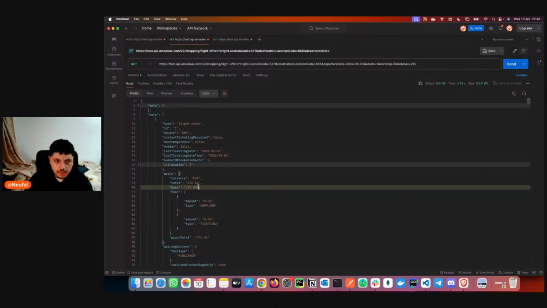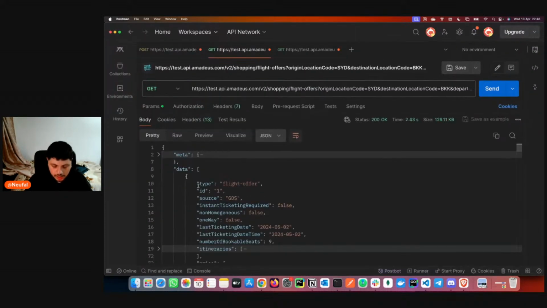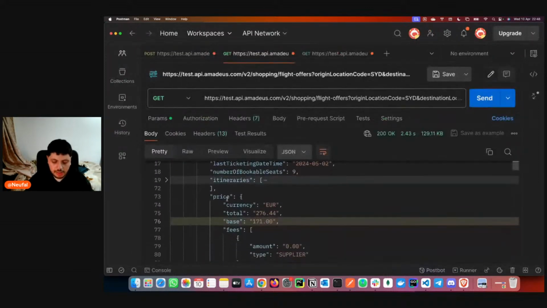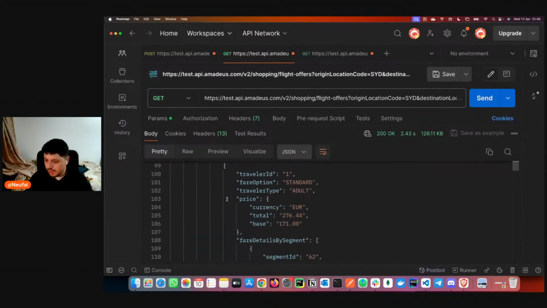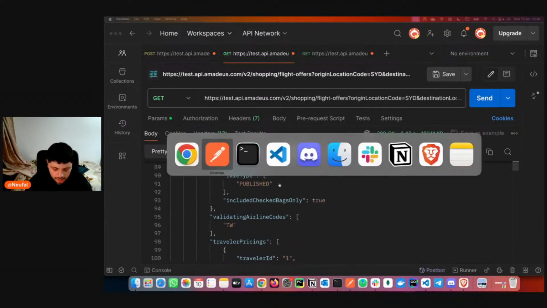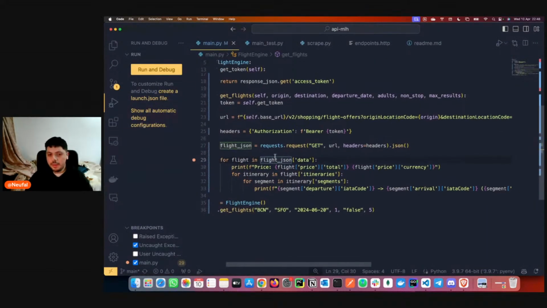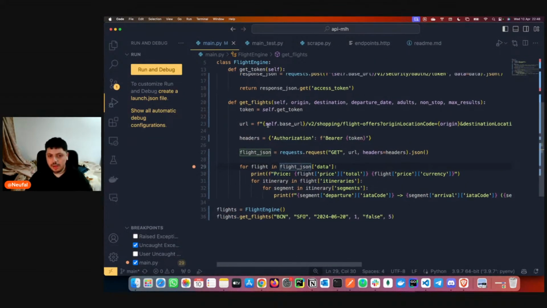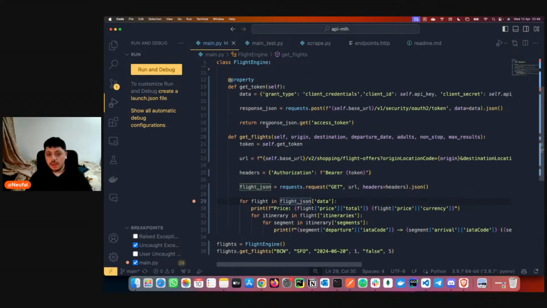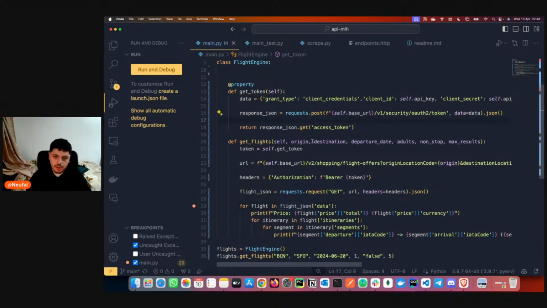In Postman you cannot see much, which is why I made the screen big. Probably you don't program like this, but just to get the details, go here, see all the data you can get, and map it and work with it. But the main thing is the response and the query, and this is how you basically get it.